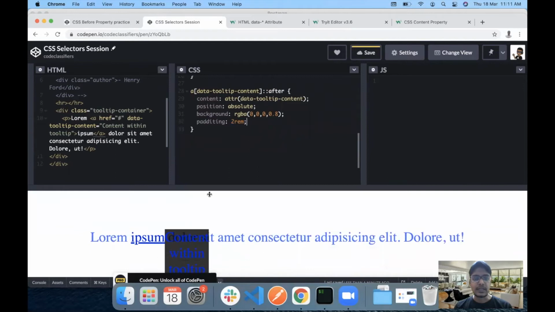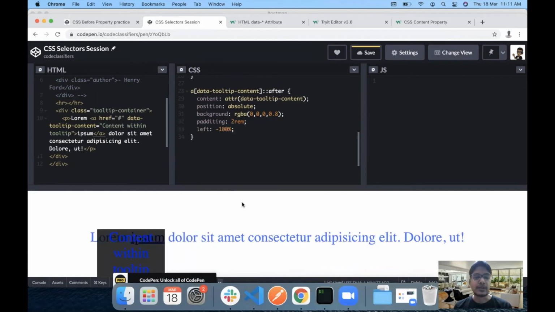Next, I think the text should not be broken like this, so we can have word break, I think. Okay, we will do it later. First, let's bring it to a proper position. So I'm going to set the left property to -100% and bottom to 0px.